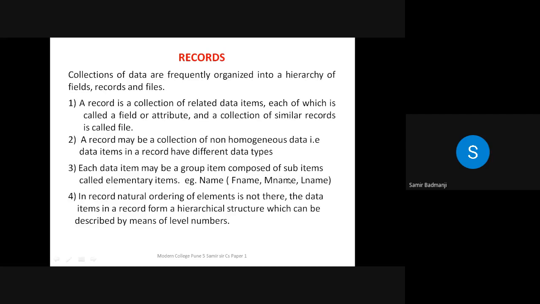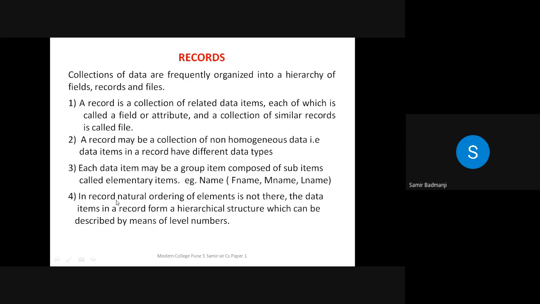These are called elementary data items, because we cannot further divide the first name, middle name, or last name into other things. Name can be divided into 3 possible things, so name is a group item. We saw this in the first lecture of data structure: first name, middle name, and last name are elementary items, whereas name is a group item.